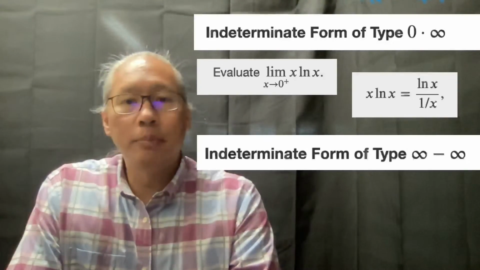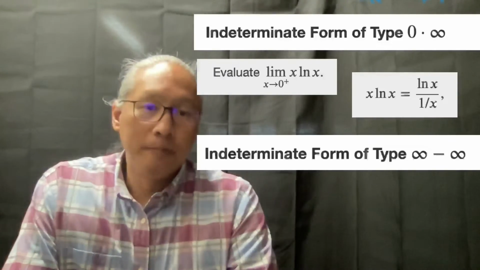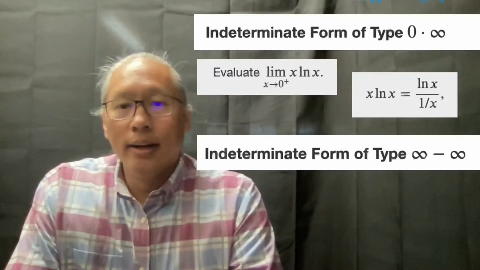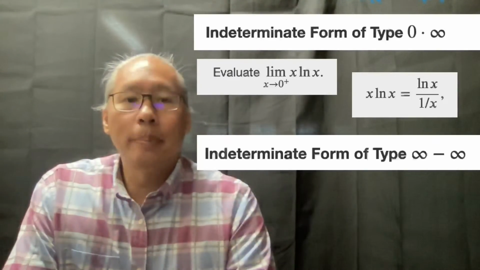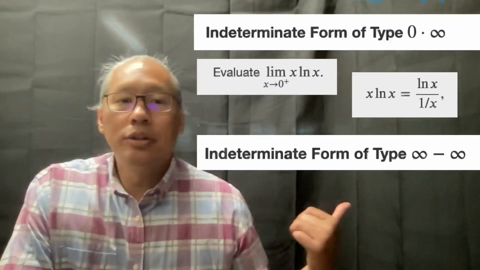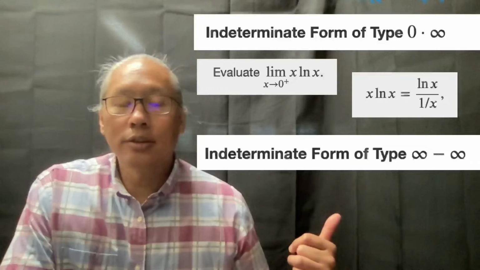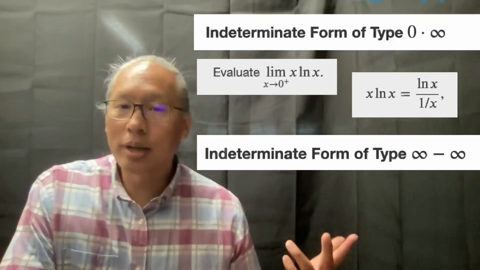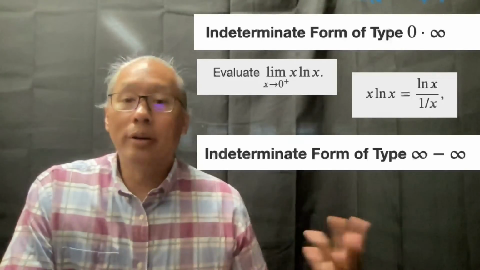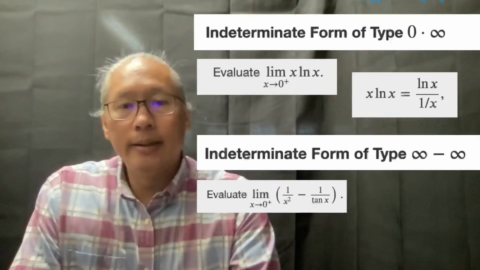Our 4th example of an indeterminate form is infinity minus infinity. Again, it seems like it should be equal to 0, but it's not always going to be the case. It depends on how fast each of these terms is going to infinity. If the first one goes faster to infinity, then it might be infinity. If they go about the same rate, it might be 0, or it might actually be a number. So an example would be